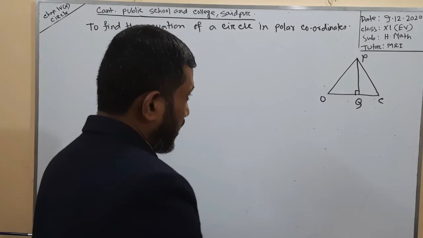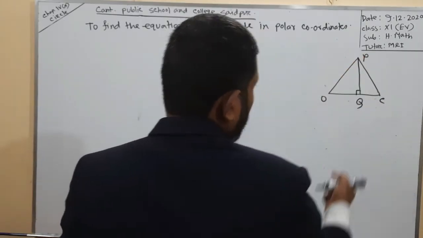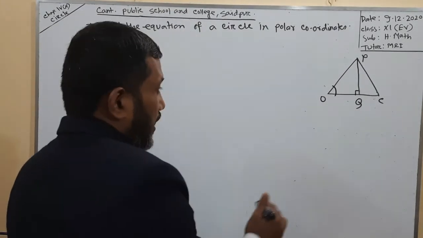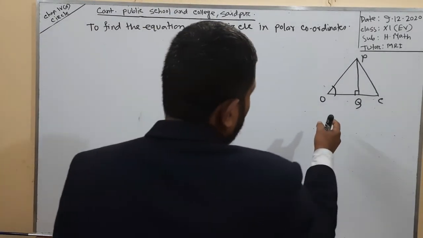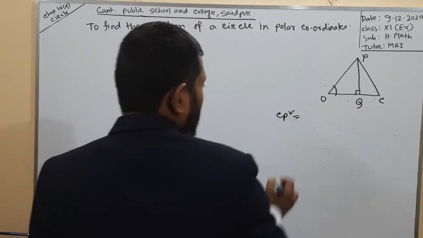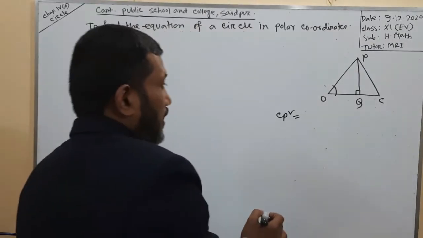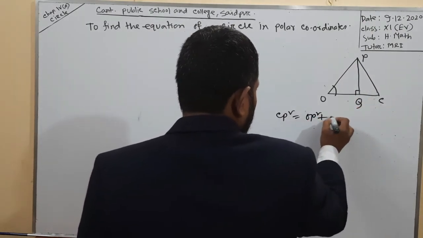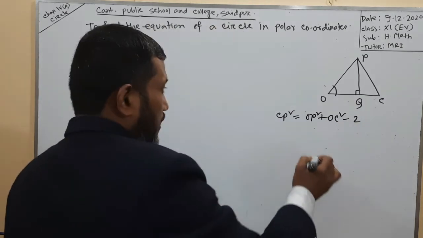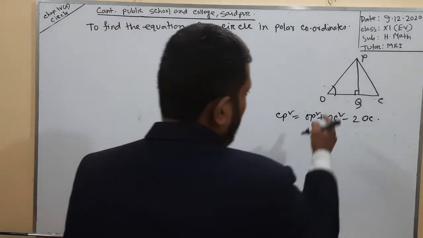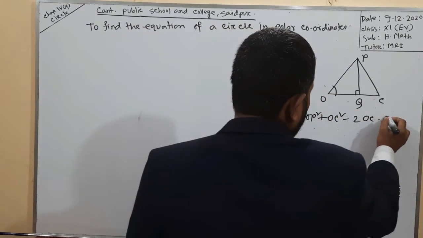That is, suppose here POC is a triangle and this angle POC is an acute angle. So the square drawn on the opposite side of this angle POC, here CP, is equal to the area of the squares drawn on the other 2 sides, that is OP and OC. OP square plus OC square minus 2 OC into the orthogonal projection of OP on OC, here OQ.